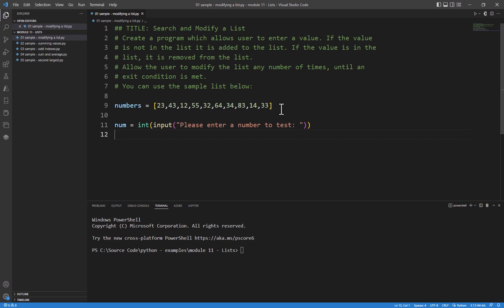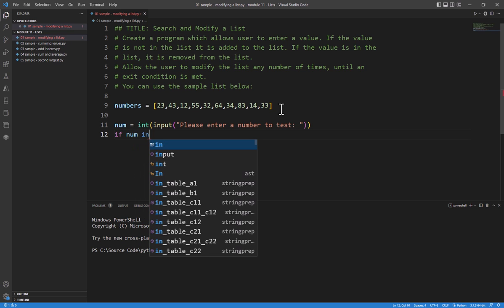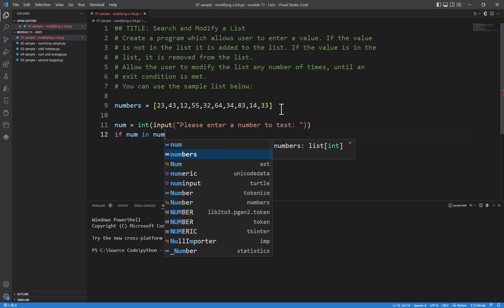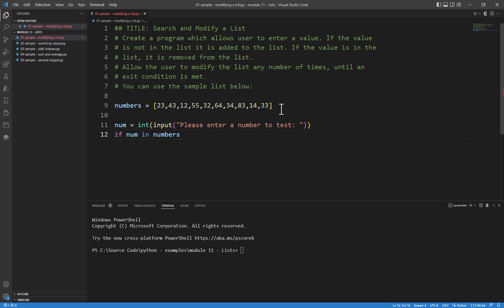Okay, next thing we're going to do is put an if statement in here. So if num in numbers. This is going to check to see if the value that was just entered by the user is inside of our list. It's a very easy command to use. It's very similar to checking if a character or substring is in a string. That's the nice thing about Python. It uses those same values and those same types of commands over and over again,